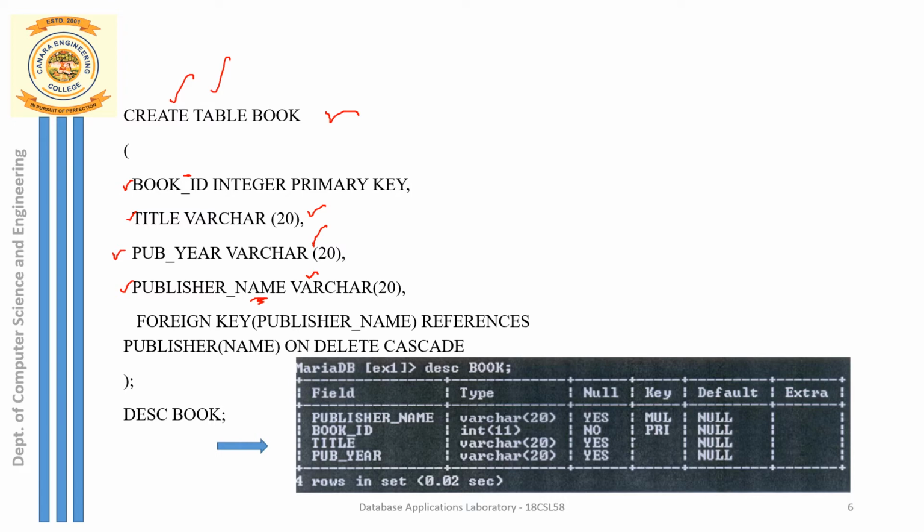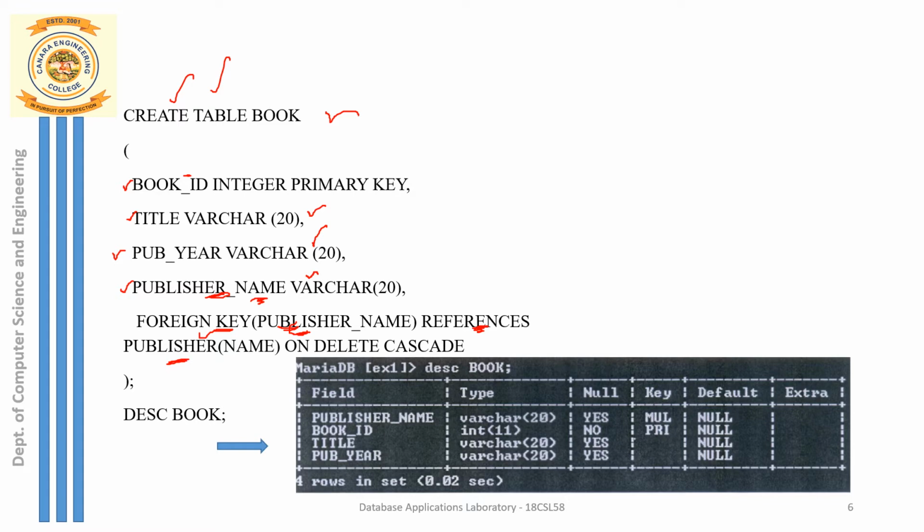So foreign key is the one which is going to reference the primary key. So how do I mention that? Foreign key is a keyword that I am going to specify, followed by which attribute is a foreign key here. Publisher name is a foreign key. So specify the attribute name here, that is publisher name, and then which table or which attribute it refers to. References is again a keyword which has to be specified after this, and it is going to reference my publisher table which I had just created.